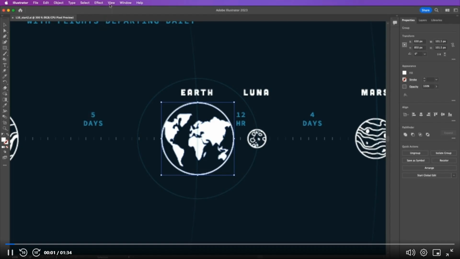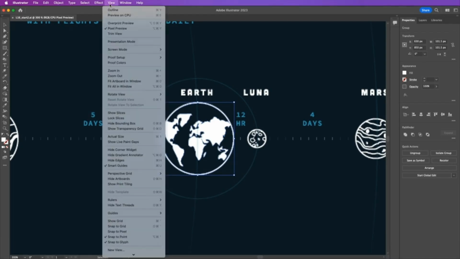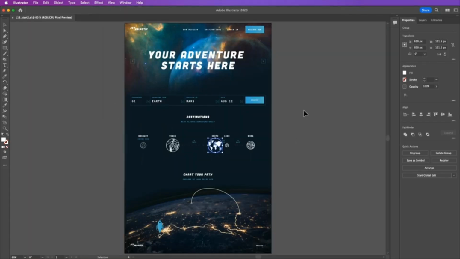To start, choose View, Fit Artboard in Window. And what we're going to do is talk about how to align content to the pixel grid. The pixel grid is a grid made of columns and rows that are the size of a pixel, essentially, each one. With the selection tool selected,